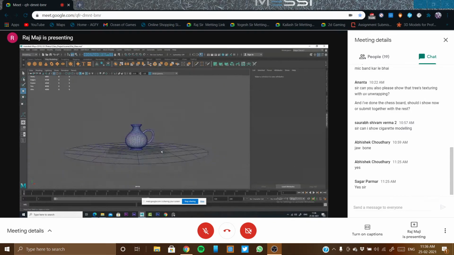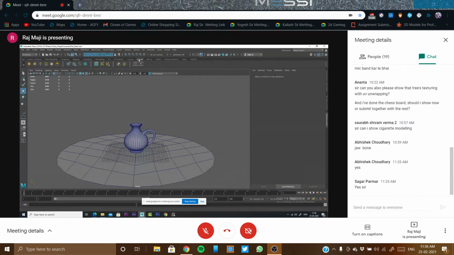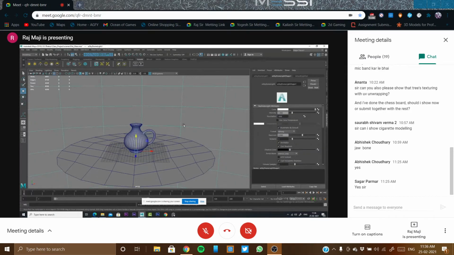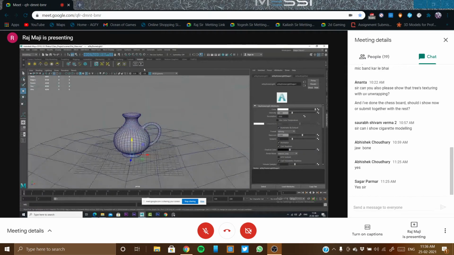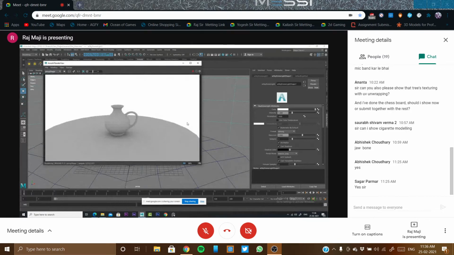On the plane. Okay, and now going to Arnold and creating a sky dome. So this is my model right now.